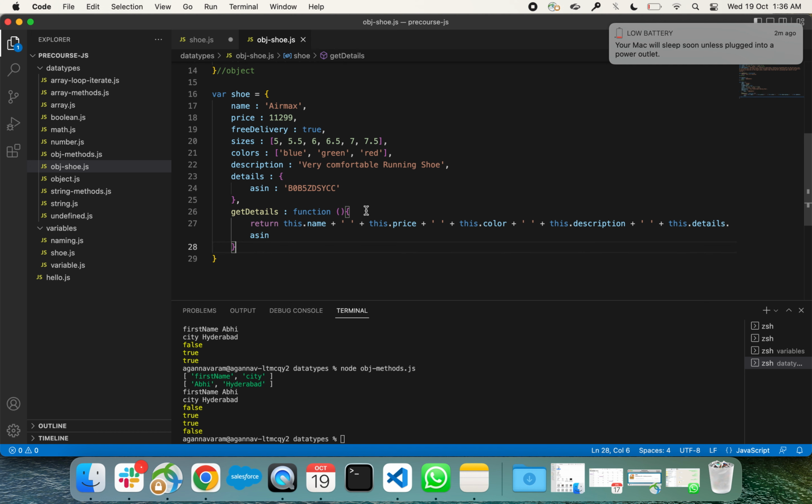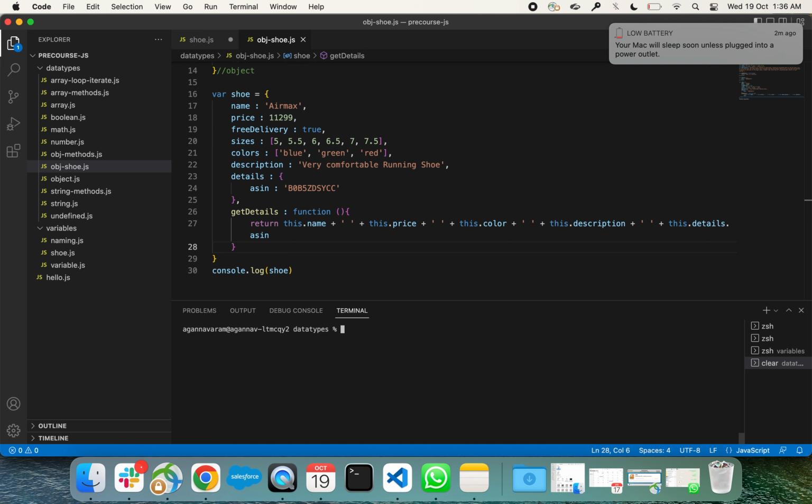So here what I'm doing is console.log of shoe. Let's see how it works. Console.log of shoe. I'm printing all the details here in a single command. Run node obj shoe. So if you see, the complete object is printed here. We can see that the entire object is displayed, where the properties and values are demonstrated. So we have consumed all the property values in a single line using